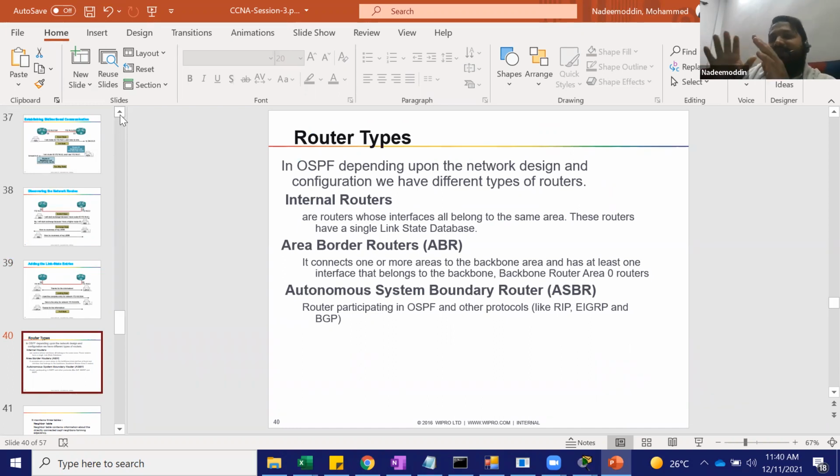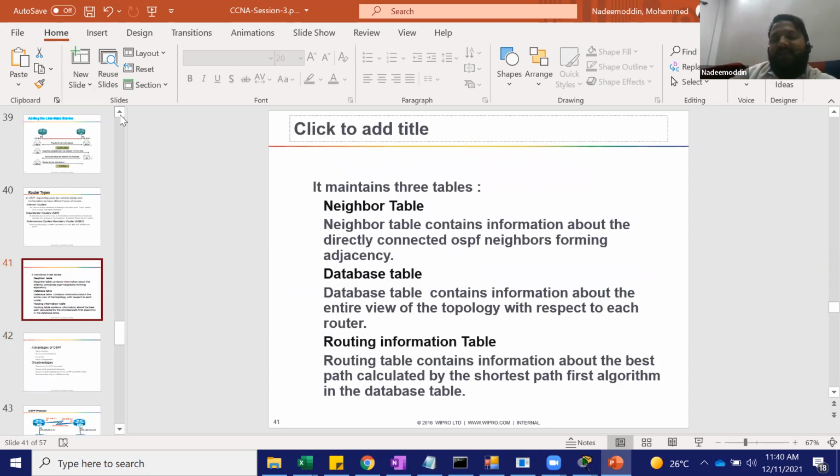If your router is within one area, area 0, it is called an internal router. If your router participates in two areas, it is called an ABR, area border router. If your router participates in two different routing protocols, OSPF and RIP, it is called an ASBR. The detailed study you will find in CCNP, but at the CCNA level you must know the area 0 concept and how areas work.